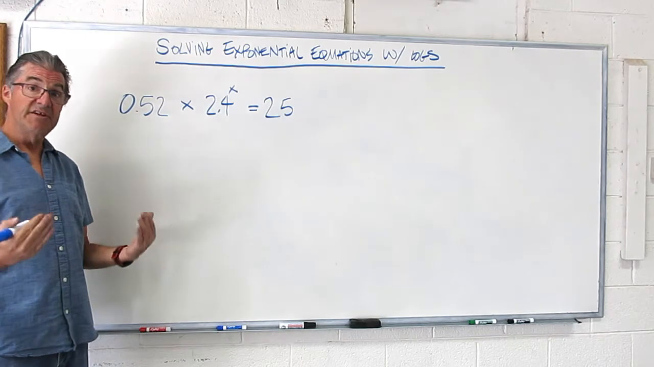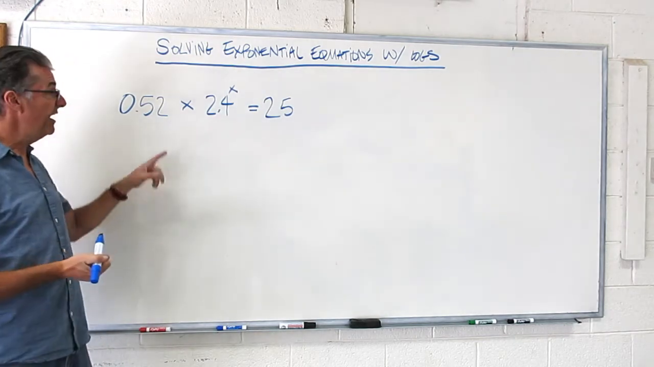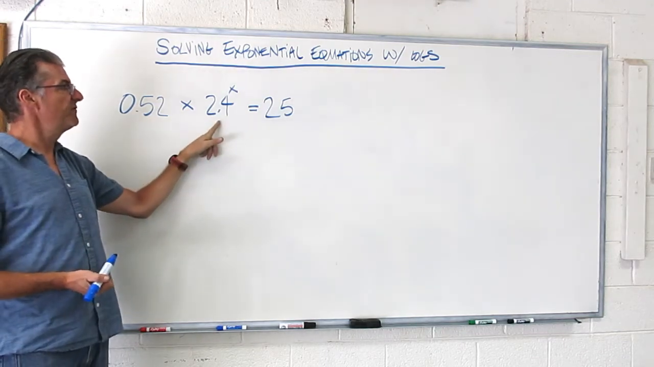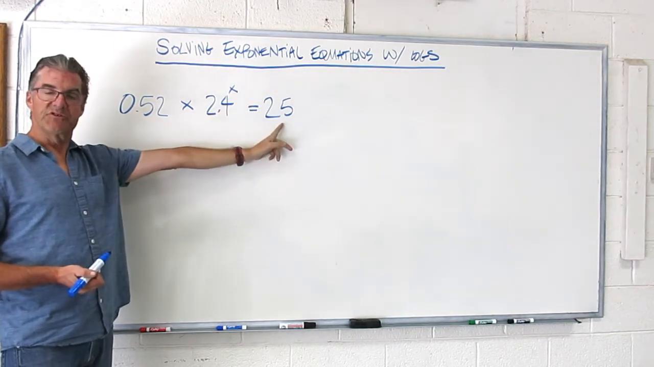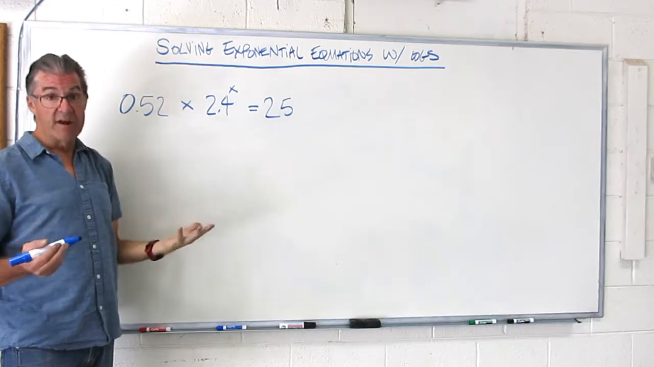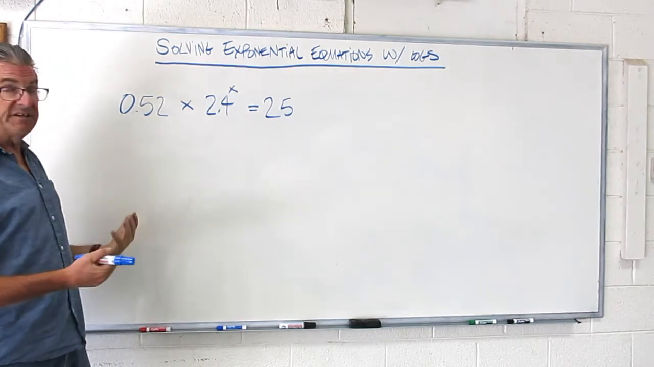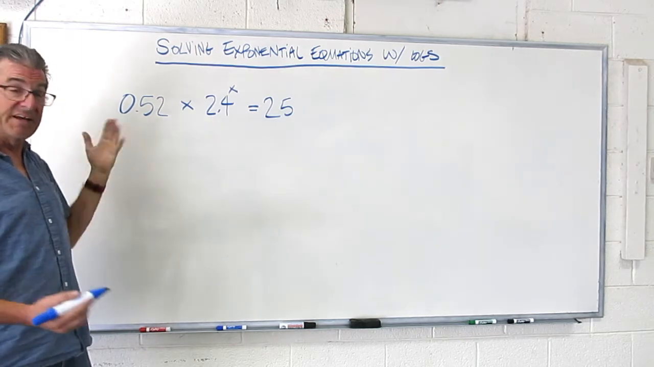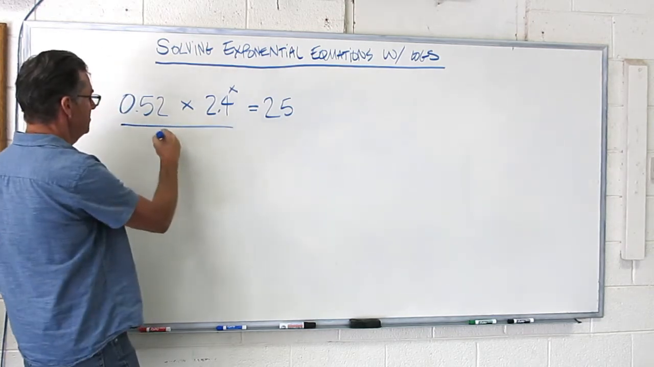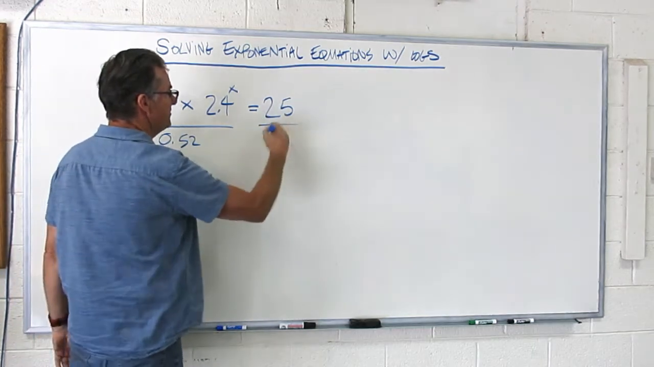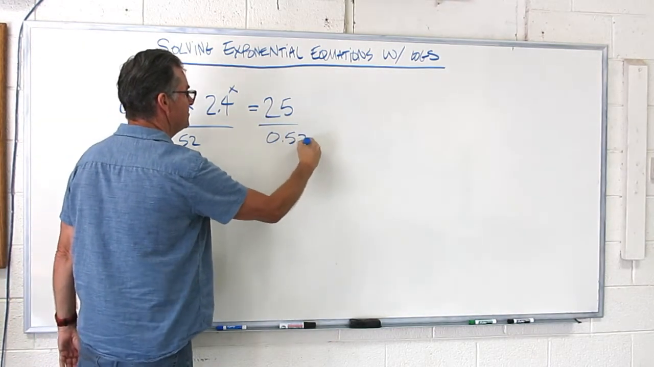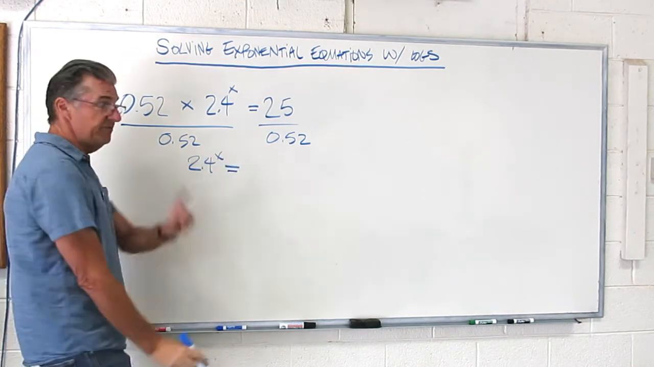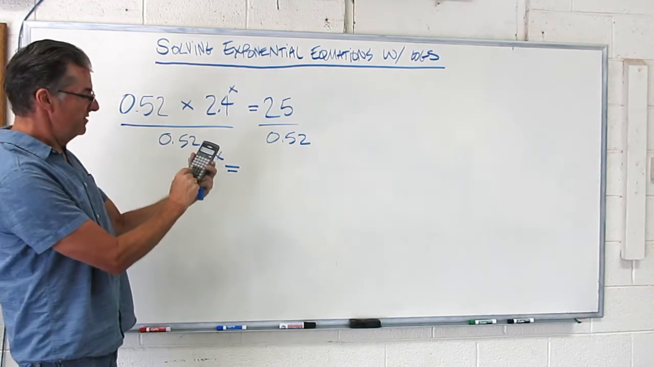Okay, let's make it a little bit more complicated. Now we have, on the left side, 0.52 times 2.4 to the x power equals 25. And we, of course, want to find x. Now, we can't really take the log of both sides yet because we've got this big jumble here. But guess what? I can just divide both sides by 0.52, and now I'm going to get 2.4 to the x equals,